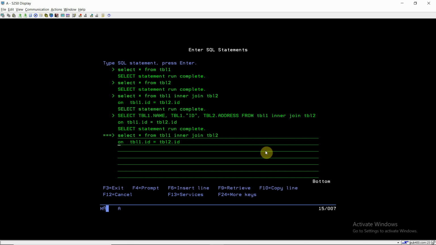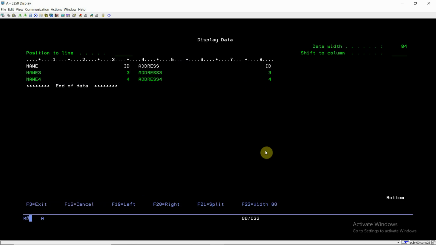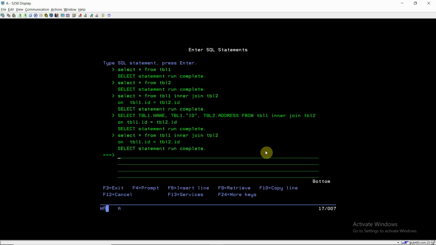Now for example, in the join operation we are getting these two rows and I just don't want that name 4 to be there. So I got the matched rows, but out of those matched rows I just want that name 4 would not be there, and then I can apply this one.